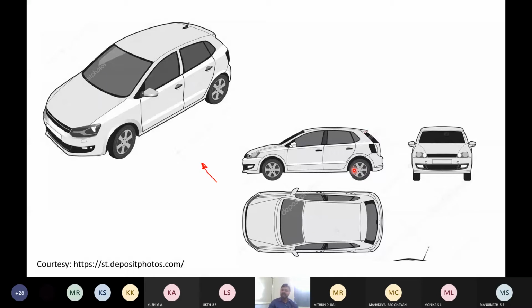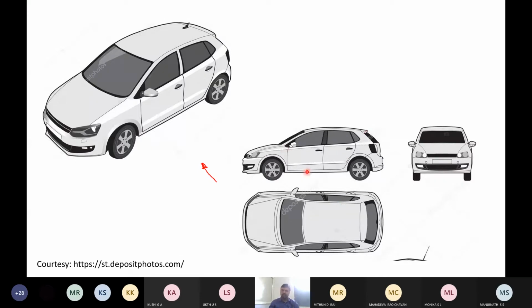So you will get an idea regarding the entire object. In order to take this type of views, we make use of the principle of orthographic projection, in order to get two-dimensional details from a particular direction.